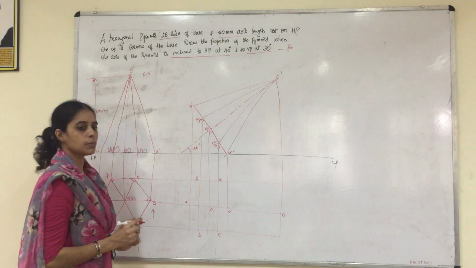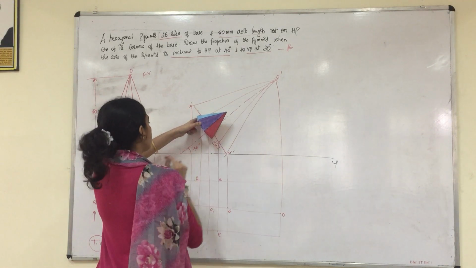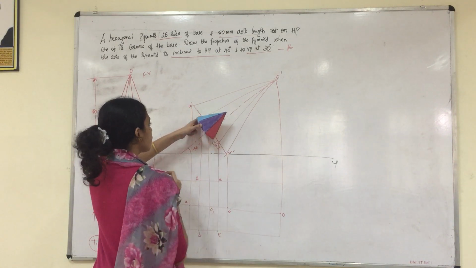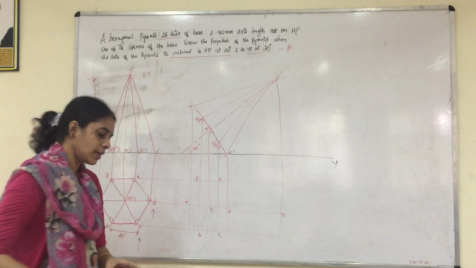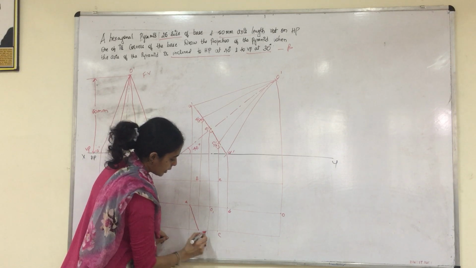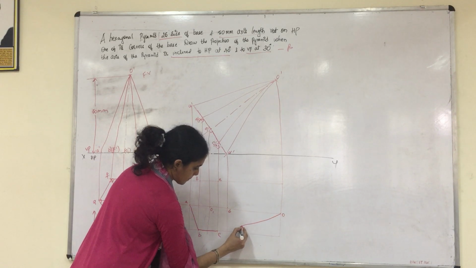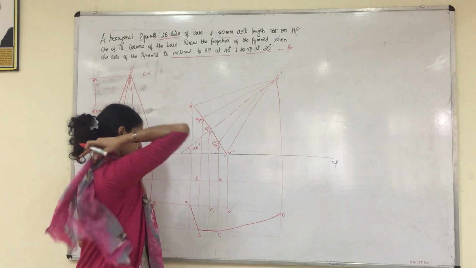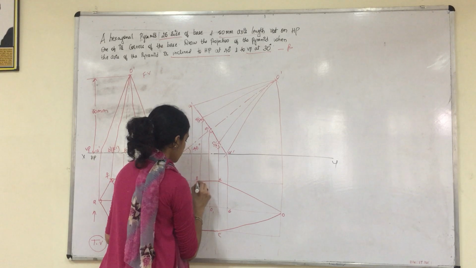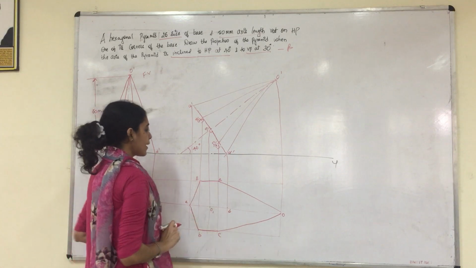And I always tell you the outer boundary of the given solid object will be visible. When this solid object is inclined at 40 degrees to HP and the observer views from here, the entire outer boundary of the surface will be visible. So always we join the outer boundary first. Join A to B, B to C, C to O, E to O, F to E and A to F. Right. So the outer boundary is visible.